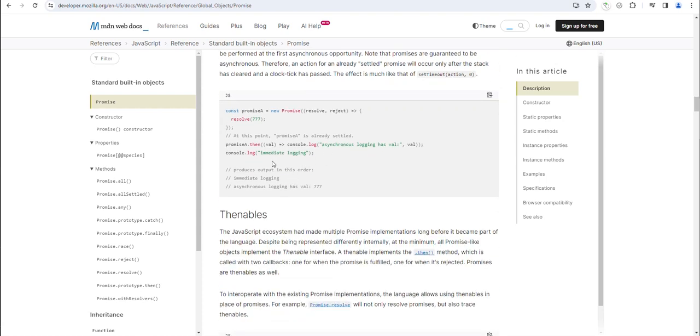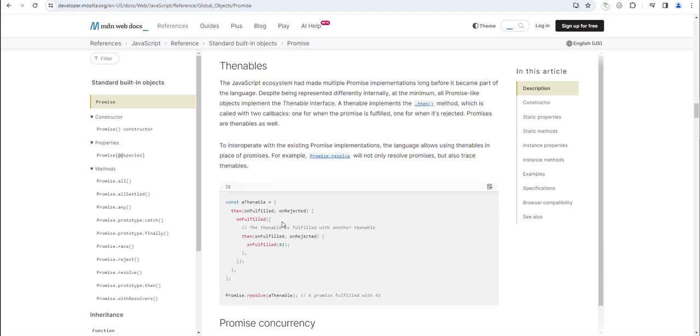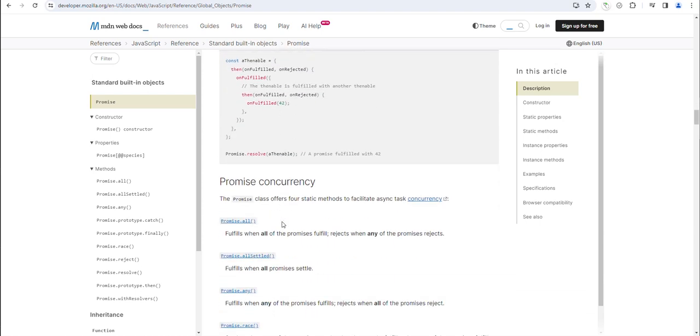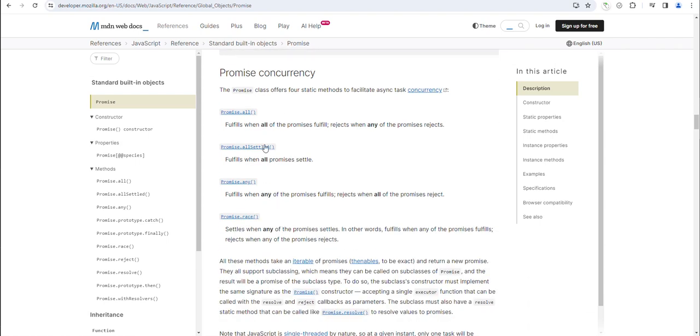So immediate logging and a val. Fulfills when all promises are fulfilled. That's why we got the